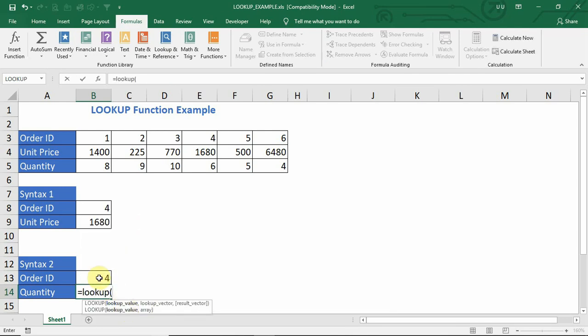In syntax 2 we will define only the lookup vector. Lookup order ID. Here we will define only the lookup vector including the unit price and quantity rows. If we define only the lookup vector,